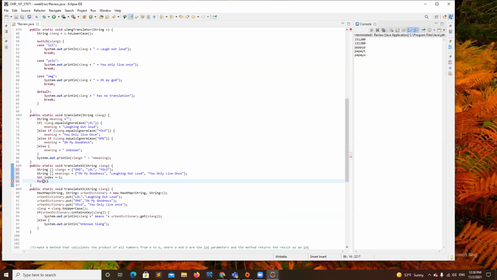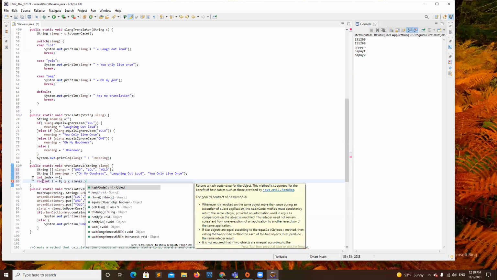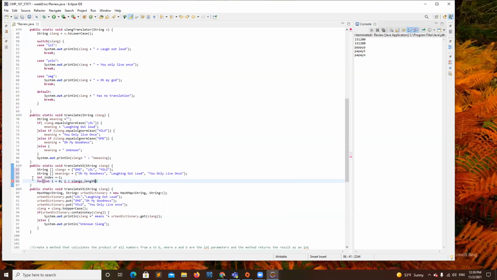int i starts at 0. i is less than the length of the slangs, i plus plus.